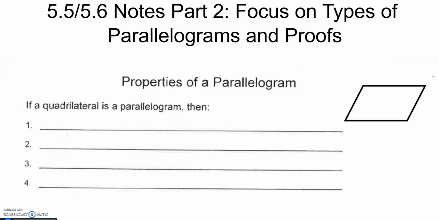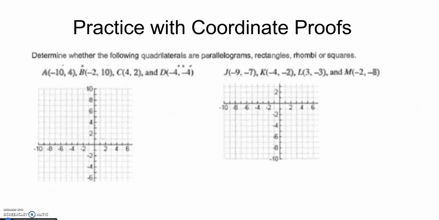Hello everyone and welcome to the 5.5, 5.6 notes part 2, where we're going to be focusing mainly on proofs, specifically proofs of types of parallelograms, aka parallelograms, rectangles, the rhombus, and squares. So before we get into everything, I want to let you know that there's going to be two types of proofs. There's going to be our normal formal proofs, either by flowchart or by two-column. But in the last slide, we're also going to be talking about coordinate proofs, proving from a coordinate plane, and